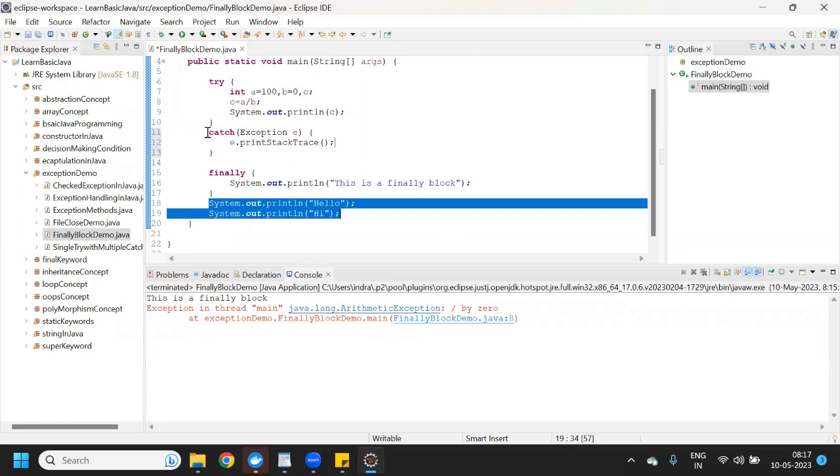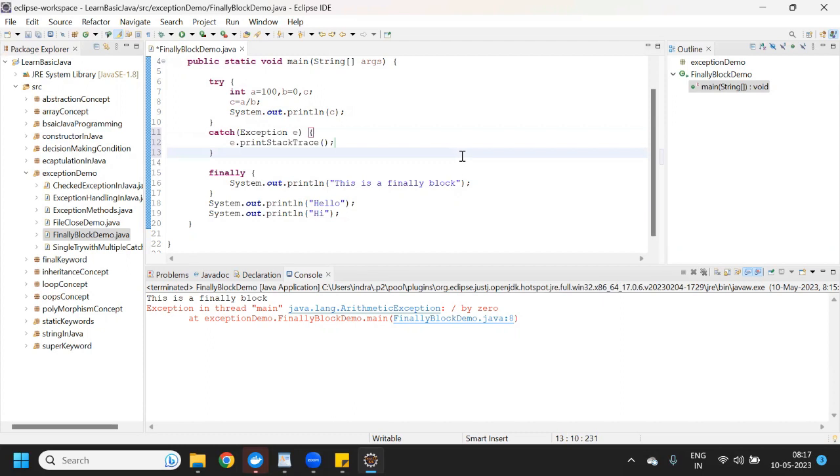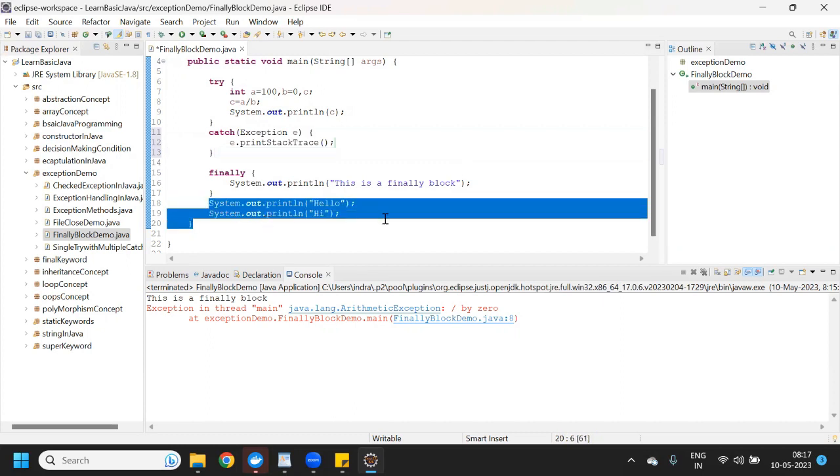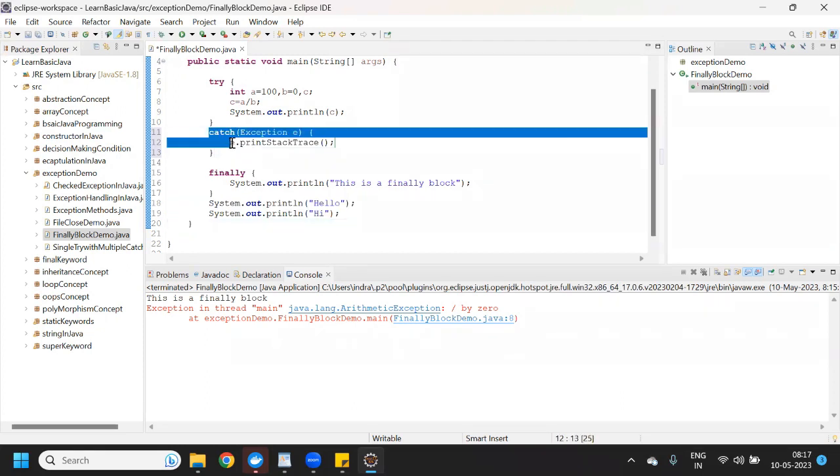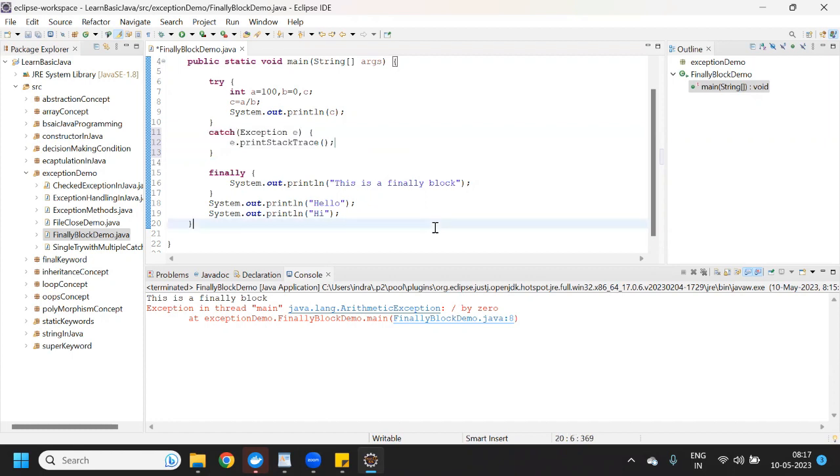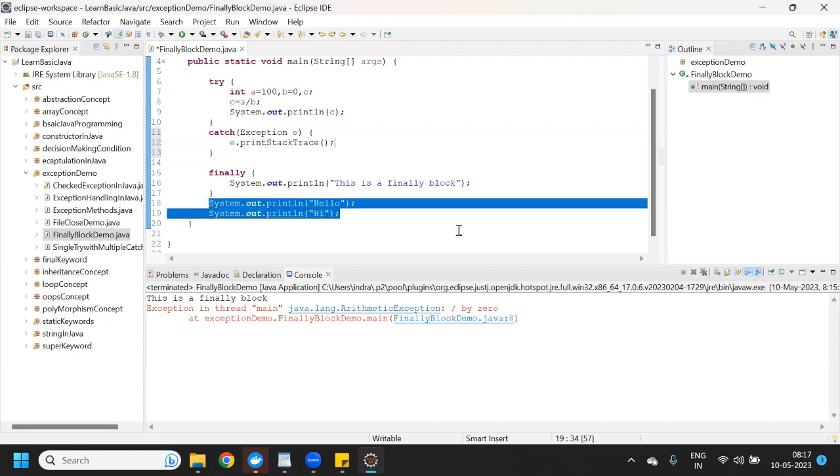So once you use this catch block, your remaining code will be executed. That's why we use this catch block, so that our remaining code will be executed. If you don't use this catch block, then your remaining code will not be executed.